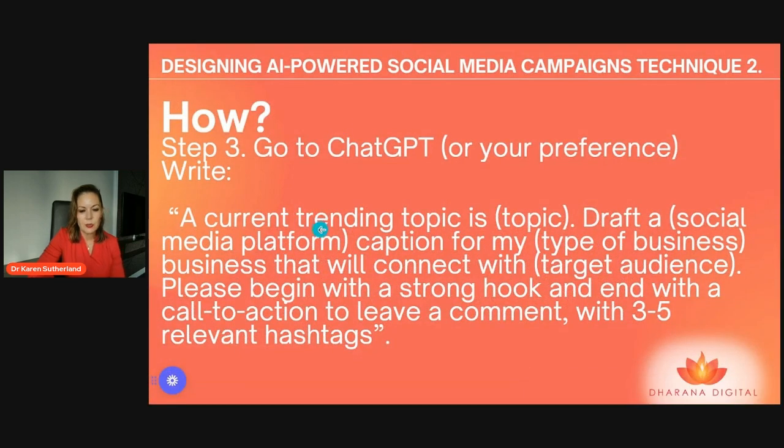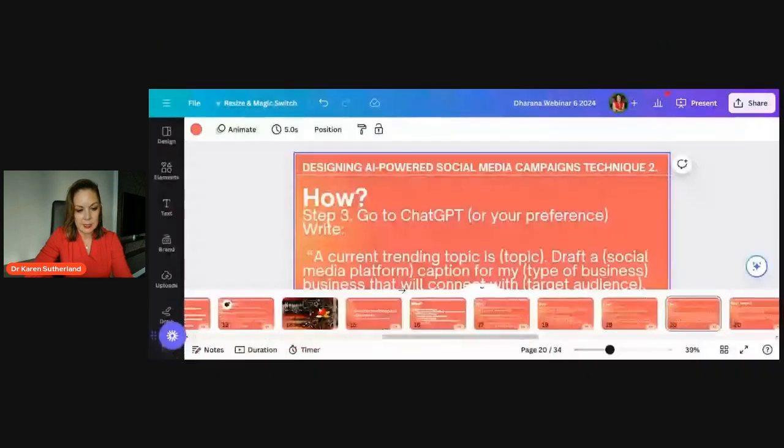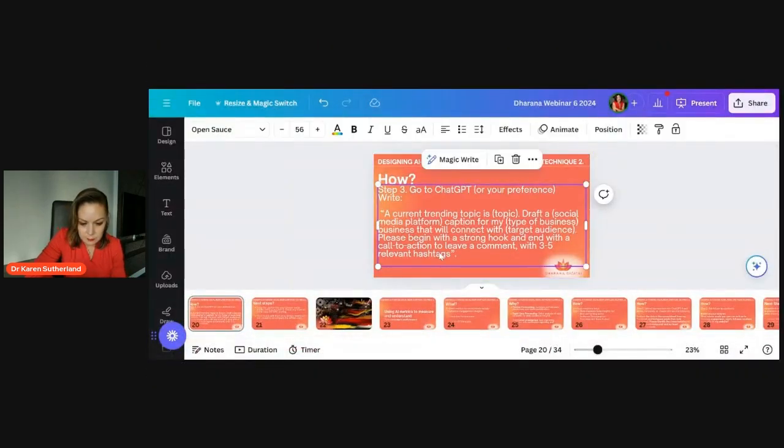And so what we're going to do is use this particular prompt, which is: a current trending topic is, and then I'll put in that bit, draft a social media platform caption. I'll say Instagram platform caption for my type of business that will connect with your target audience and begin with a strong hook and end with call to action, etc. So let me get this prompt.